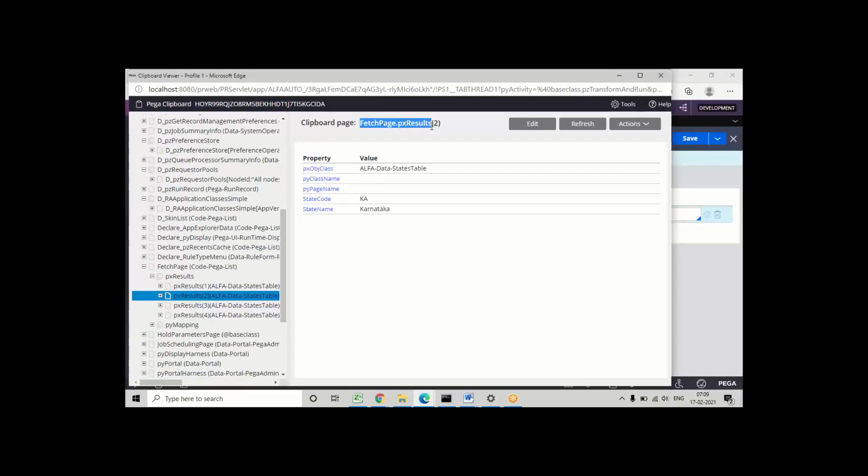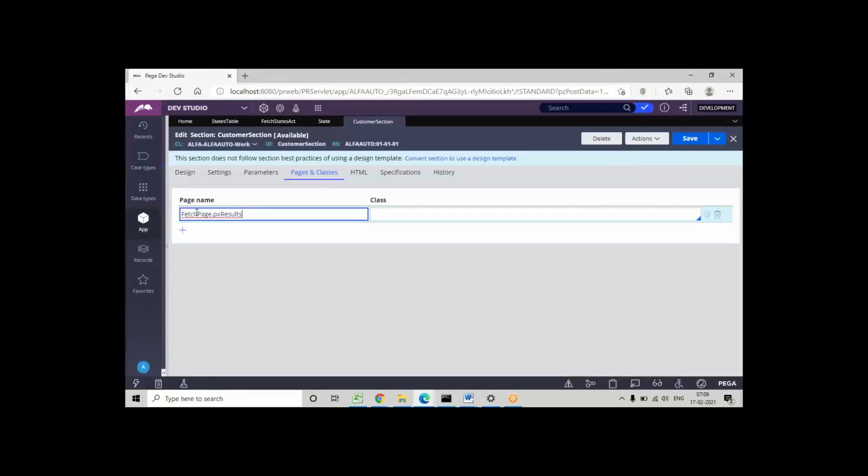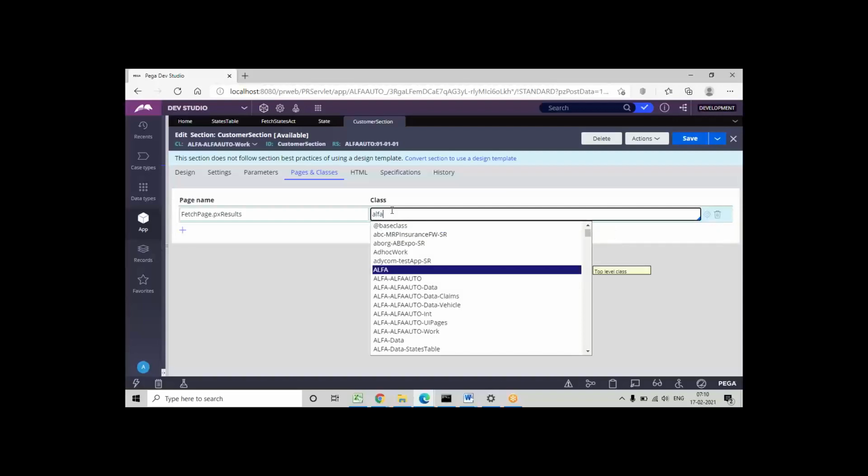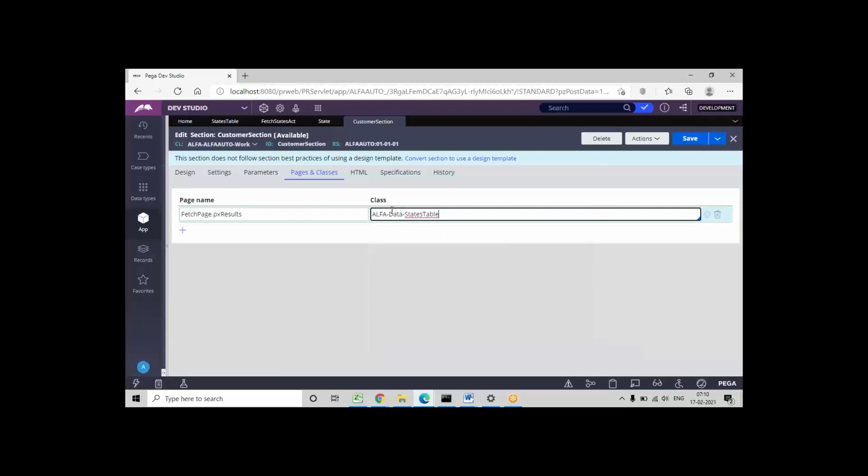Page names are again case sensitive. So give it exactly. When you're typing manually, if the page name does not match the case, it will not work. Okay, results will not load. Predefined properties are always case sensitive, and user defined pages also you have to give in the same format. Don't give it in your own format. Uppercase means uppercase, lowercase means lowercase, exactly what you have taken in your application. Okay, and the class name you can choose in the dropdown. So for this page the reference class is your table class, which is Data-Stage-Table.